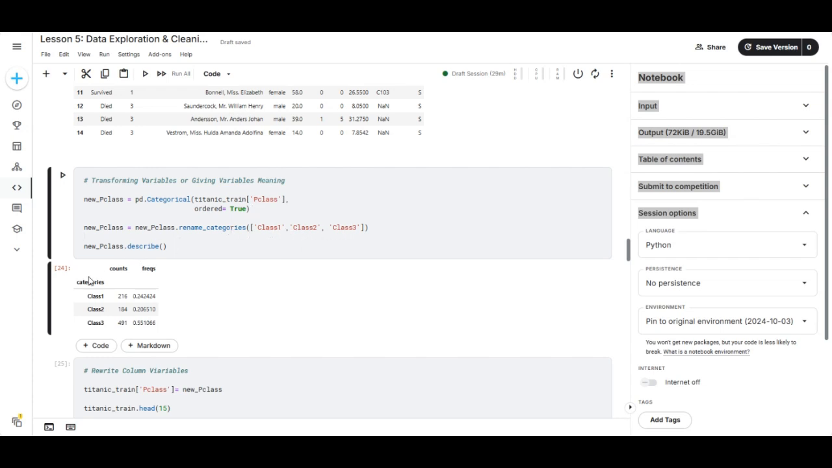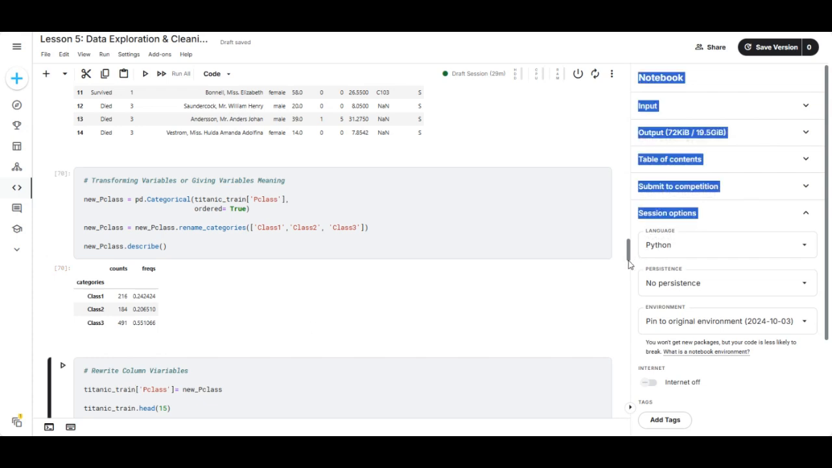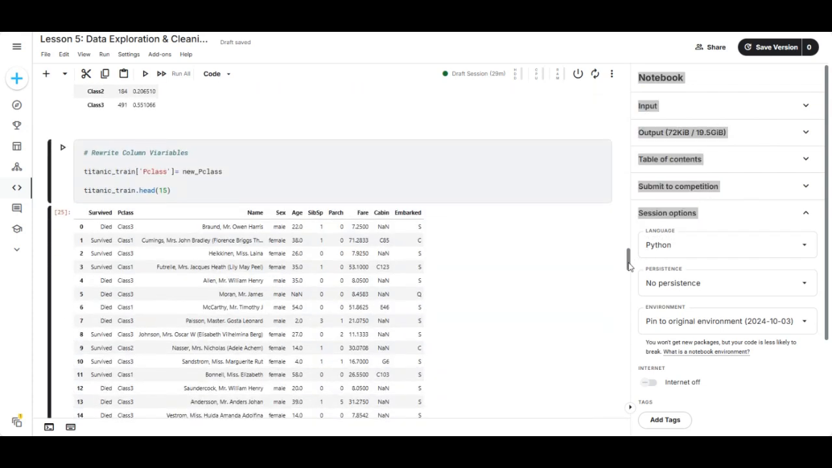Now we will say describe. If we run this code here, you have class 1, class 2, class 3. Class 1 is 216, which is 24%. Class 2, 184, 20%. Class 3, 491, 55%. Now, let us rewrite the code and display. When I say Titanic.P class, now the column is new class. If we run this code,